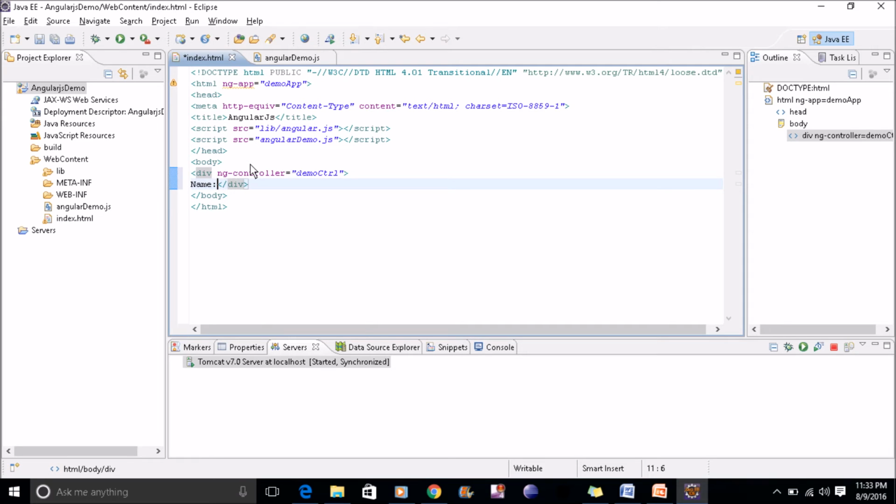So input type equal to text, and then ng model. This ng model I'm using for two-way data binding. Whatever you type here, it will go to the JS file also. I'll explain this in a later video. For now I'm keeping this ng model, and then I'll print the